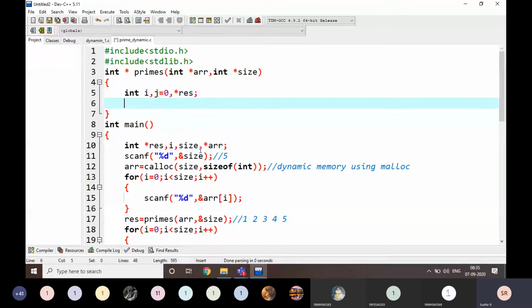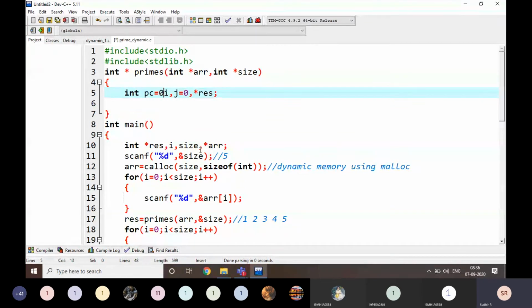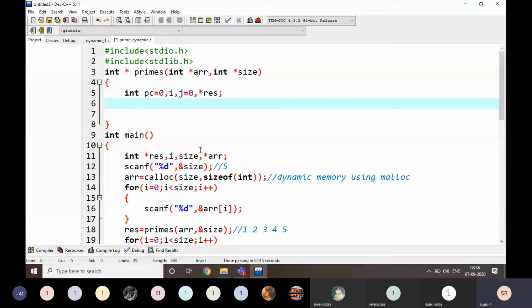The result array is going to be placed in that. And I am going to take one more variable, PC is equal to 0. That means prime count. That is going to be finally size is equal to PC.